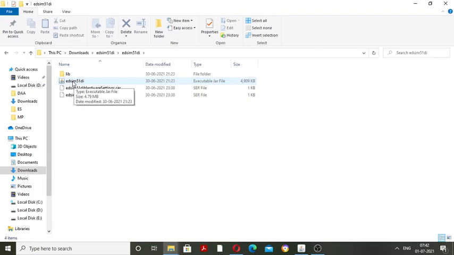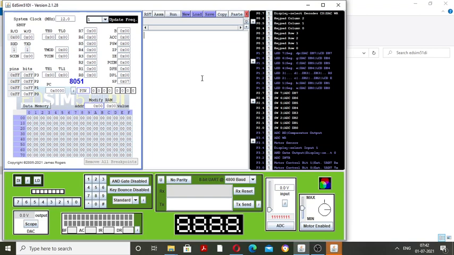This is an editor window. You can type our program here, and these are the status. Here is the data memory, and when you click on this data memory, it will change to code memory. There are 8 registers, R0 to R7.